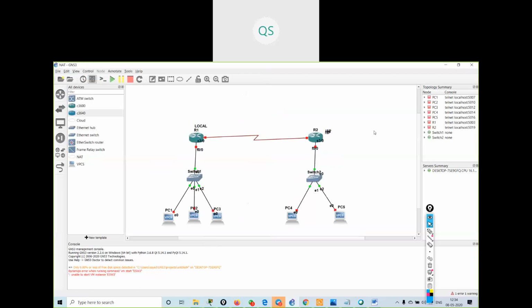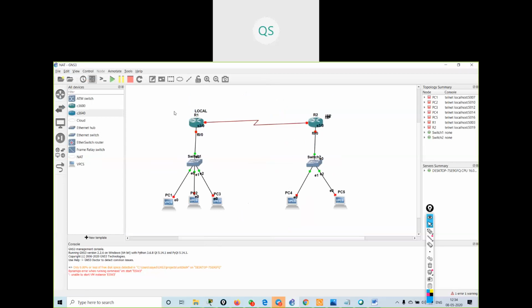So this is some NATing configured. I will see if I have configuration available.